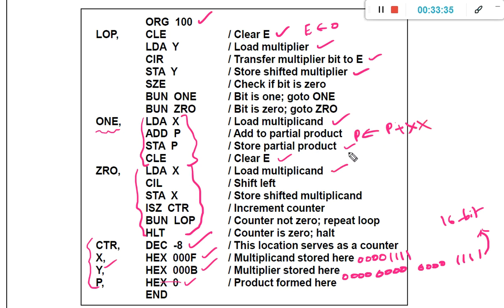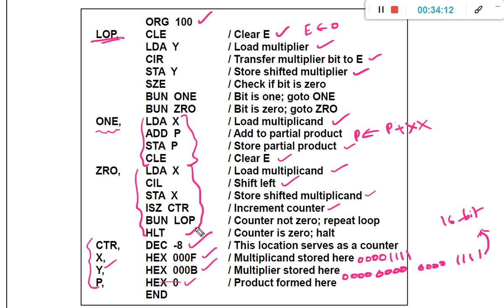We are not going to perform P assignment P plus X. However, we are going to implement a circulate left, circular shift left, with the expansion bit and the accumulator register. And then we store the shifted multiplicand to X, update the X value, and then increment the counter value, and then branch unconditionally to loop. This is the loop statement.